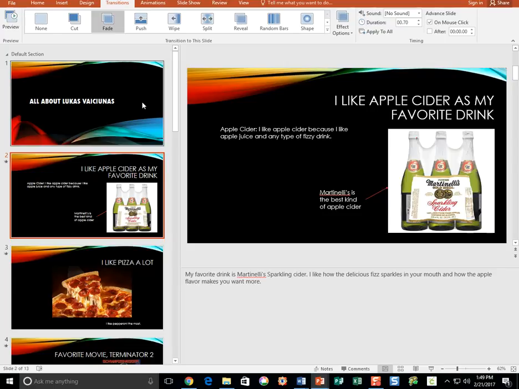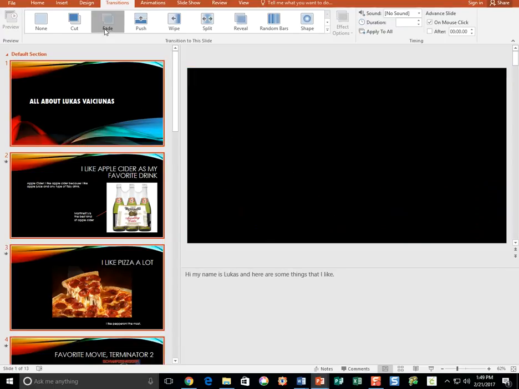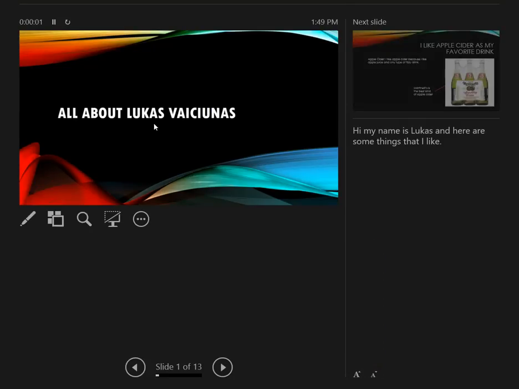You can apply it to all of them by selecting all your slides. That's Control A. And here's the other thing. The duration should really be about 0.50 seconds. I wouldn't do longer than that, maybe 0.6 or 0.7 at the most, and you can leave this on mouse click. So now, whenever we transition between slides,